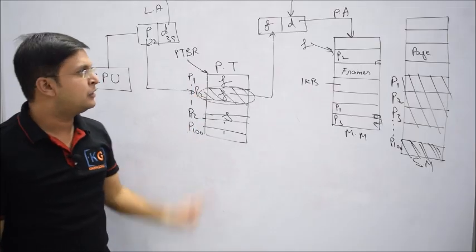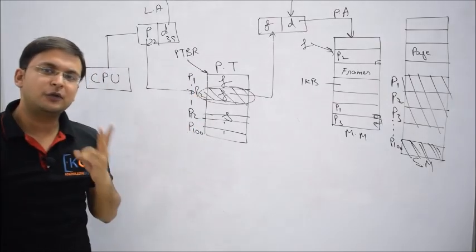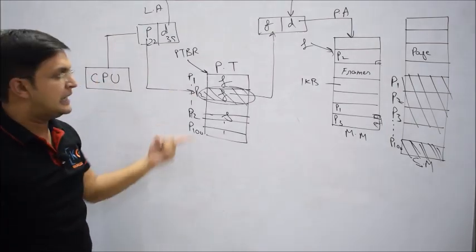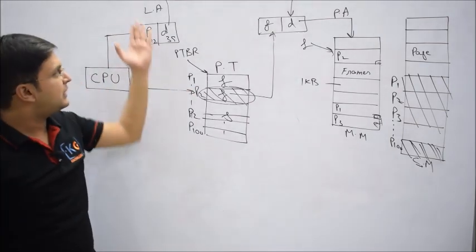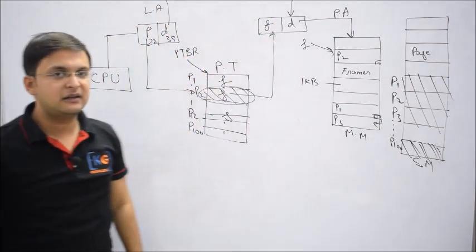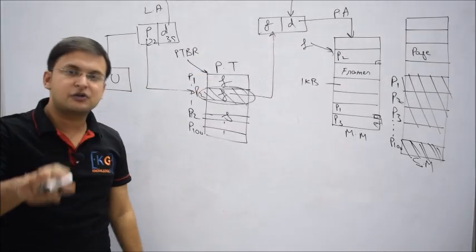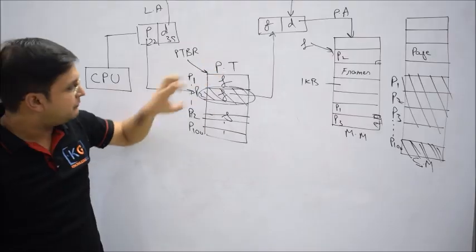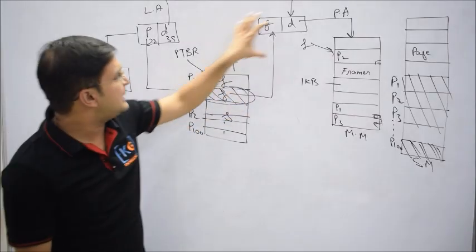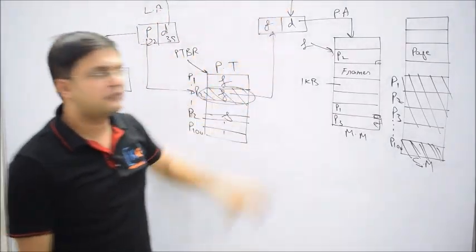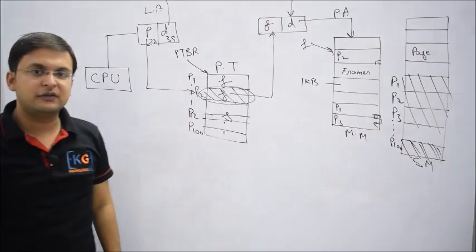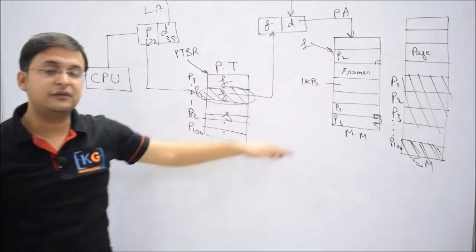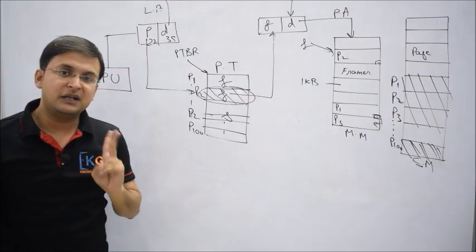You see, this is data, and this data is also stored in what? Main memory. So because of paging, the system is going to be slow 2 times. Why? Whenever I access the data, first I have to access the page table to convert that logical address into what? Physical address. Now this page table is also stored in main memory. So first I'll access main memory, then I'll find the frame number, combine that frame number with the instruction offset, and then I'll get the actual physical address, and that data is also stored in main memory.